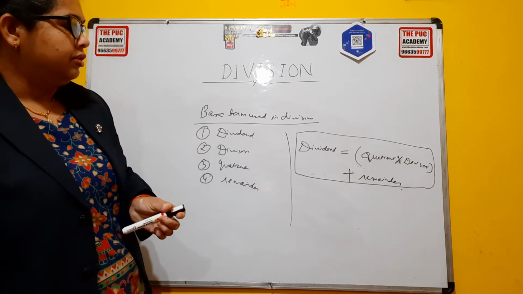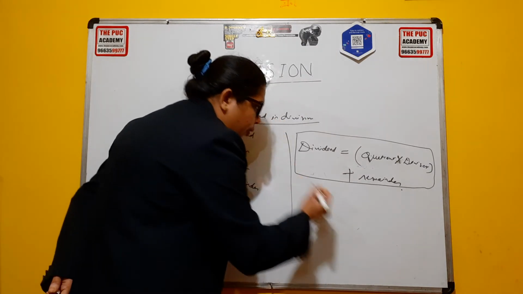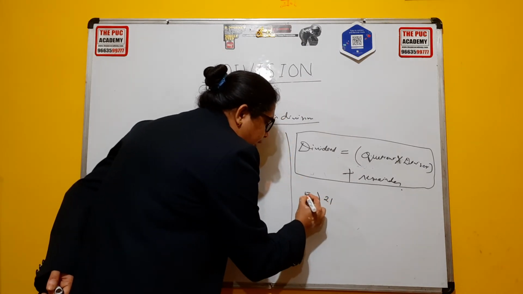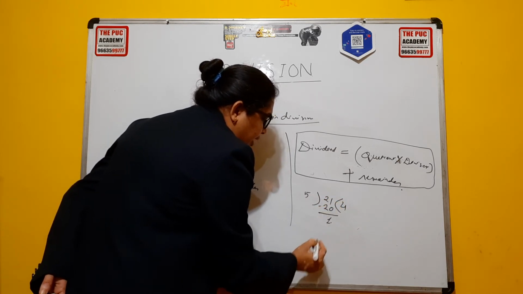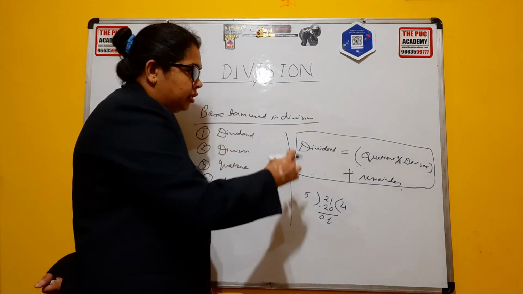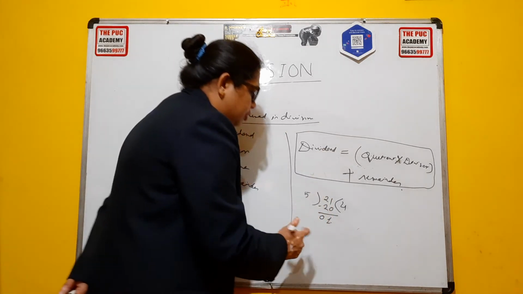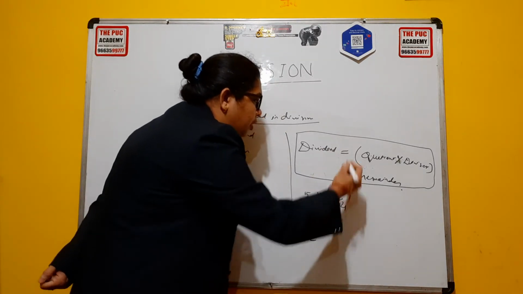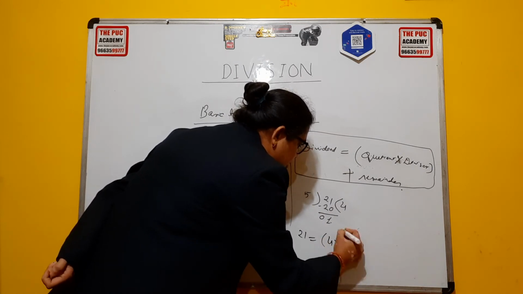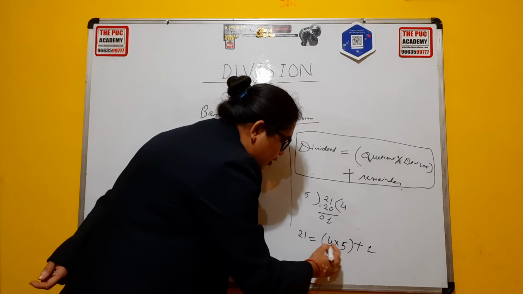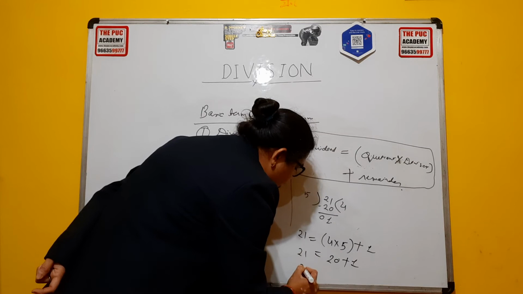Okay, so we'll take an example here. Just see, like here 21. As I've told you, we have to divide by 5. So 5 4 ja 20, and 1 is the remainder here. Now see whether the formula is fitting or not in this particular question. So dividend is my 21, which is equal to quotient 4 into divisor 5 plus 1 as remainder. Let's check: 4 into 5 is 20, 20 plus 1 is equal to 21.